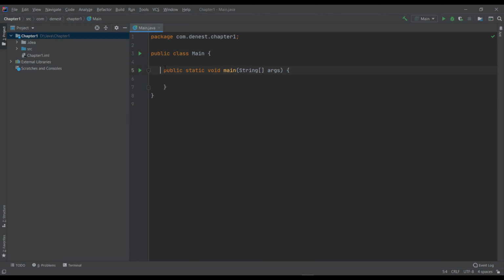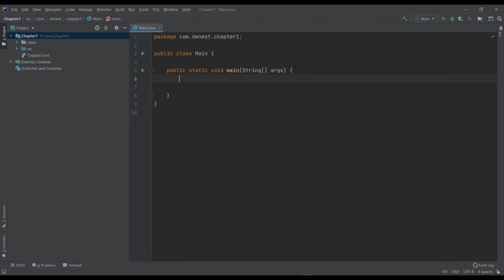After that, inside the class we have a main method: public static void main. Don't think about those now; I'll teach what this is later. And this is the name of the main method. Whatever program you write in Java, when you run it, it will start from the main method. So however many classes you write, that doesn't matter. The program will start from the main method.